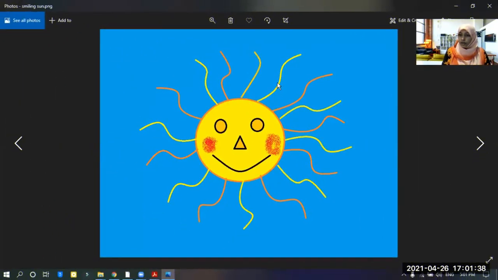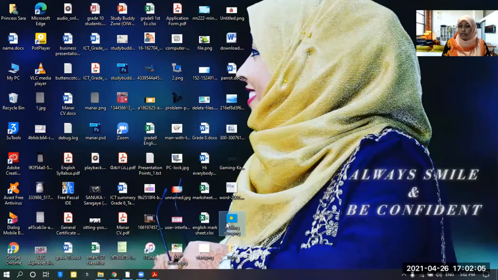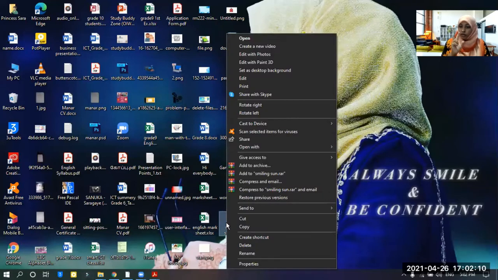Now you can't edit right from here. You can't make changes. If you want to make changes, Shekha, can you see now? It should be visible. If you want to make changes, you should open it in another way. How? One click on the picture and right click on it. There are two buttons now on the mouse. We learnt it, right? Right click the mouse button and go to open with.